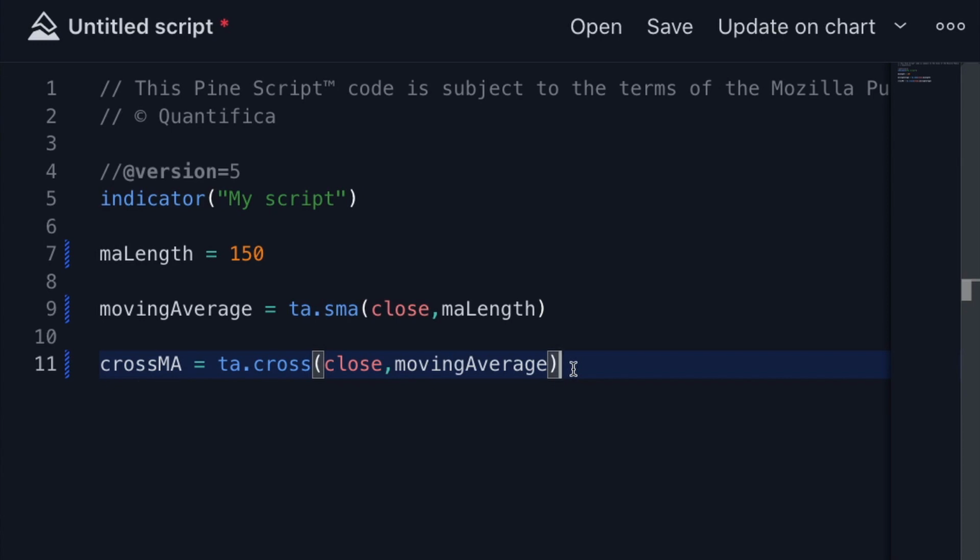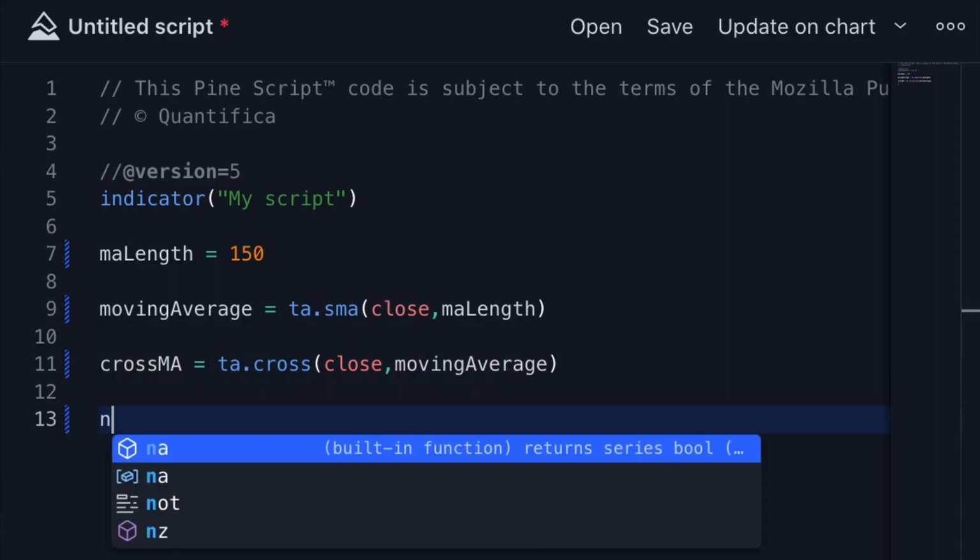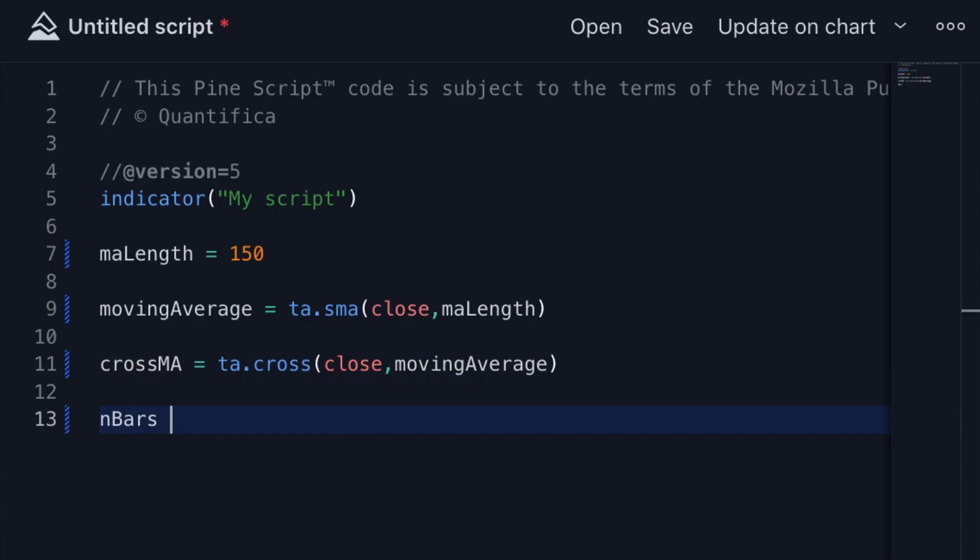Okay, so now we know when the price is crossing over the moving average, but we want to know how long it's been since it's done that. This is where the barsince function comes in. Barsince does exactly what it sounds like. It tells us how many bars since something has been true. So I can create a new variable called inBars for the number of bars and set it equal to